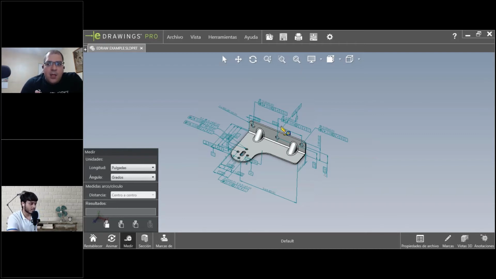But for the kind of equipment, let's say the computer is too old and doesn't support the eDrawings or any other visualization software, we can have another option. We can export this part through the 3D PDF. There's directly in the SolidWorks file the option to save as a 3D PDF. And with our previous templates,